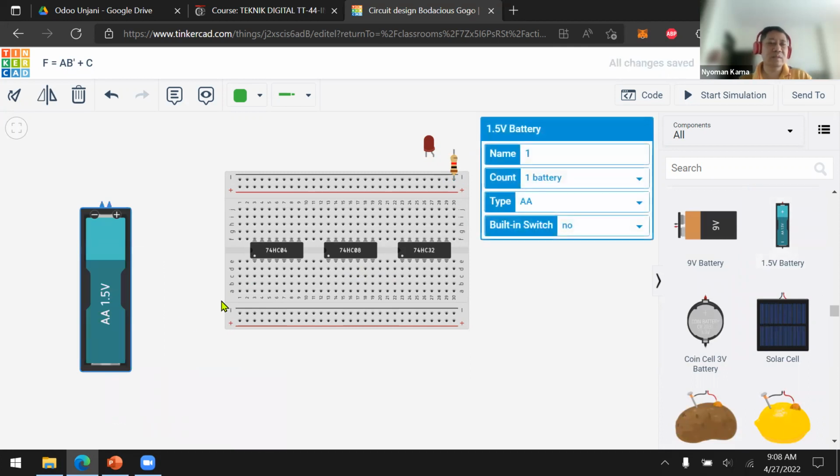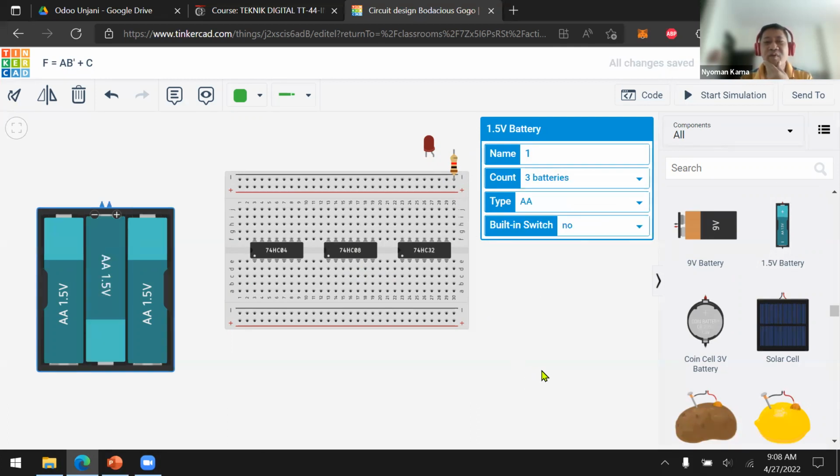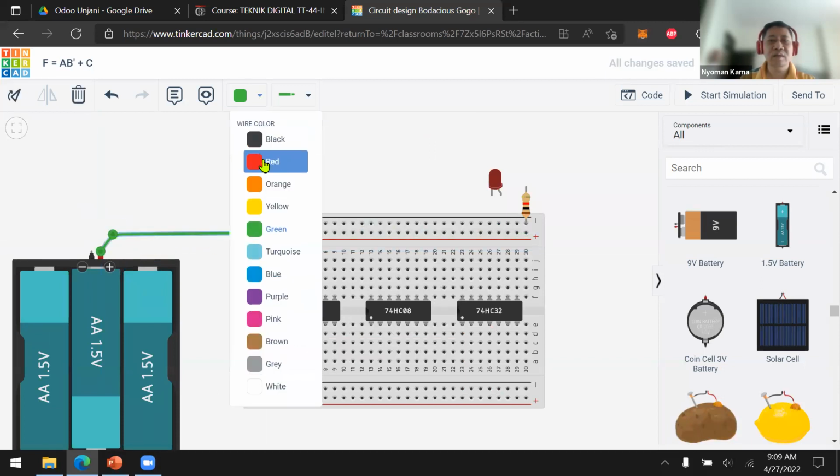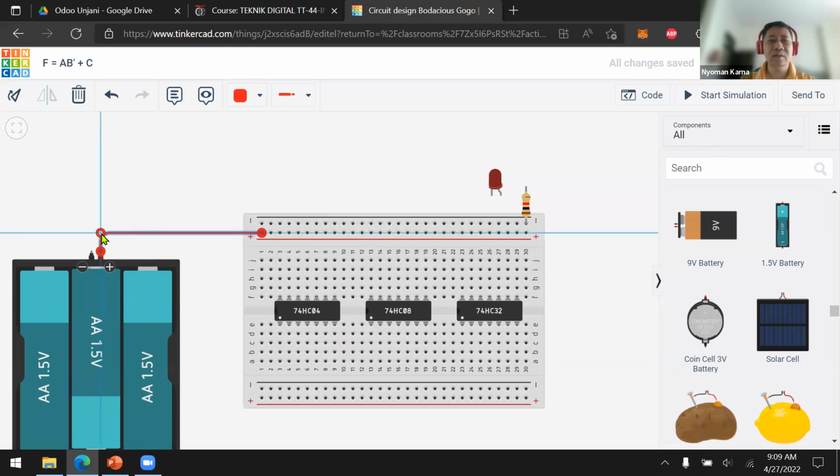Now, because this is a digital circuit that needs approximately 5 volts, we need 3 batteries to create 4.5 volts, which is almost the same as 5 volts. Okay, now positive, I will put this. And then the negative becomes black.